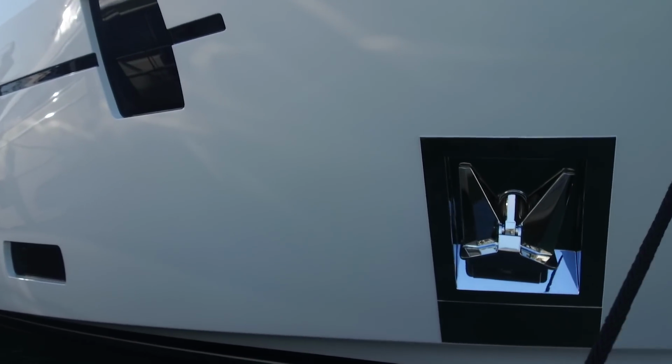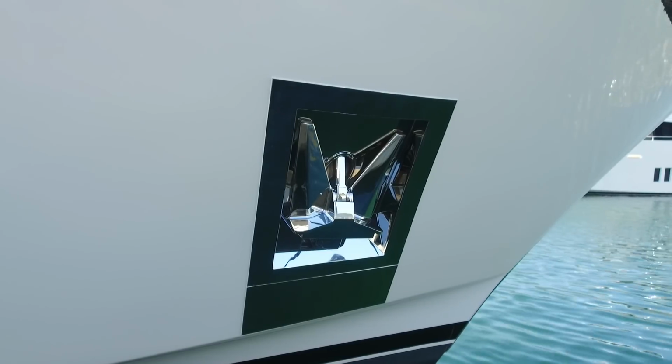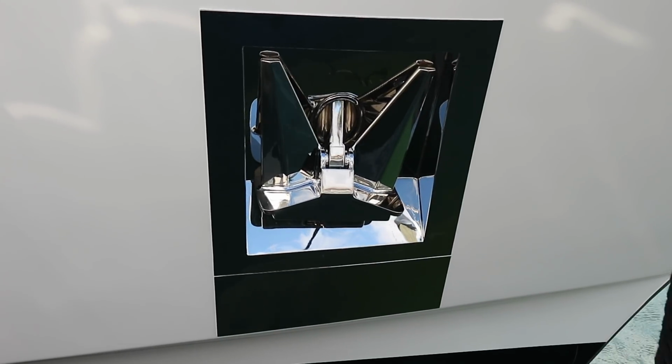This is very shiny. This is a new boat. Look how shiny that anchor is. That is some seriously clean, bright work. And the anchor pocket, there's the chrome piece around it. It looks like it's never been in the water, that anchor. I'm sure it has, but...